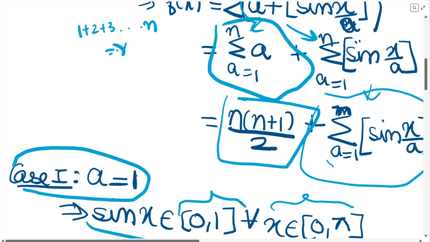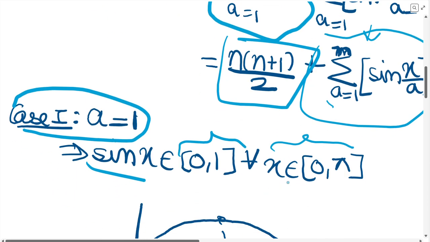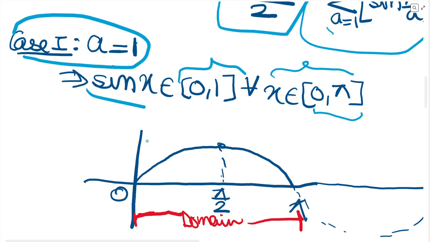Now if somebody is having confusion in learning this interval, then we can simply observe that when x is belonging to 0 till pi, we can easily plot this diagram of sin x, right? If it would have been some different interval, for example, 3 pi till 3 pi by 2 or something more complicated, then this result won't be easier to identify, right? Then we would have to draw the graph and then find what is the range of sin x, right? Okay, so I've drawn the graph. This dome-like structure is the graph of sin x from 0 till pi.